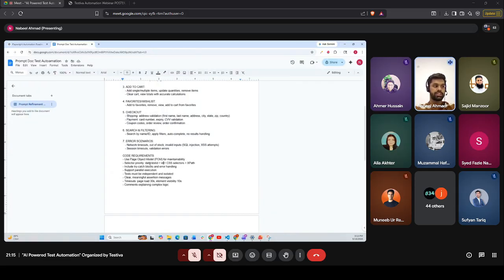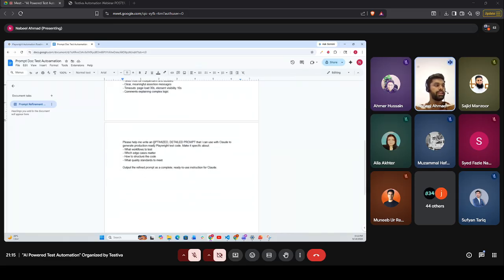We will be using selectors like data-test-id, and you can also edit it depending on which stack your app is built on. So if we are using React Admin or any other stack, we will use the locators that are preferred in our stack. We would also use get by role, get by text, and other locators if test ID is not present. So in the end we will give this after the prompt refinement.